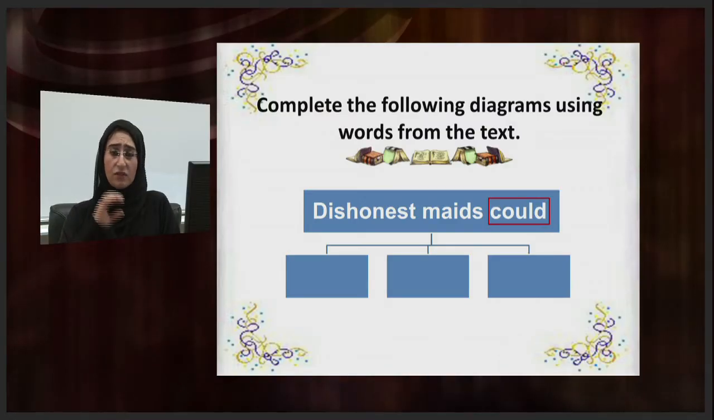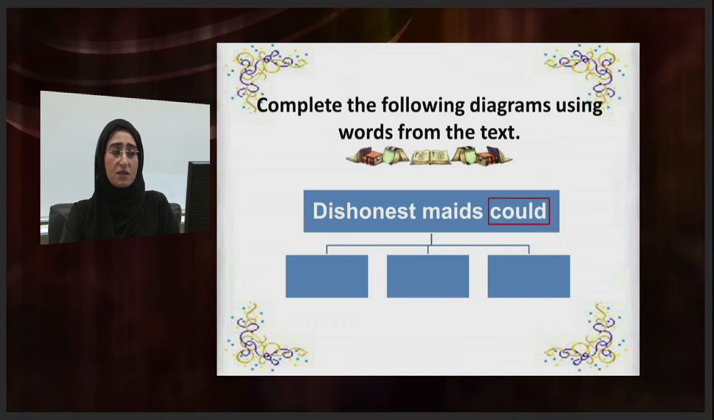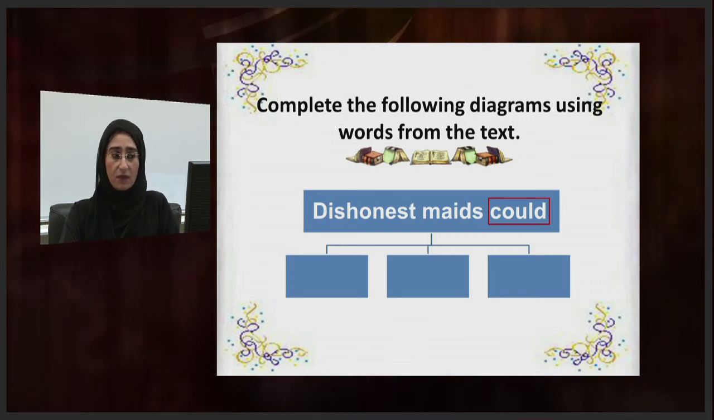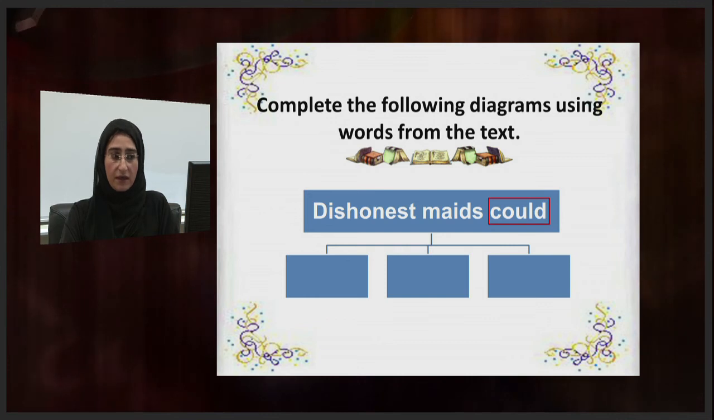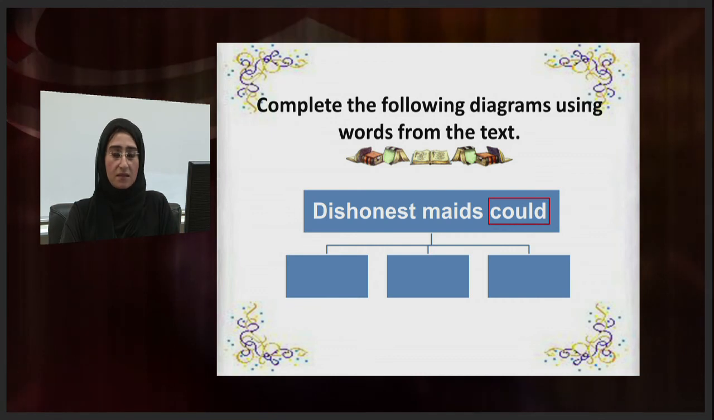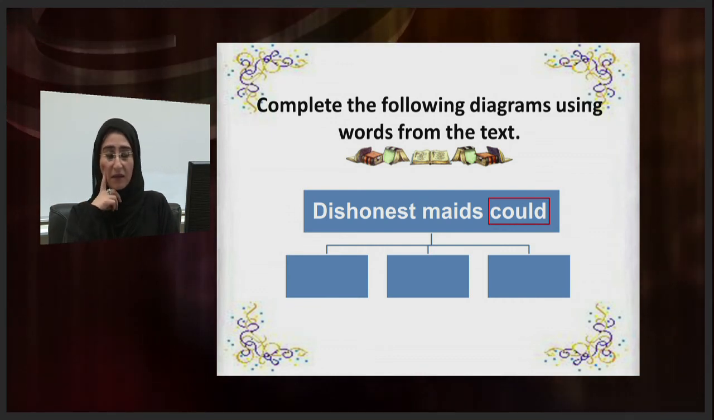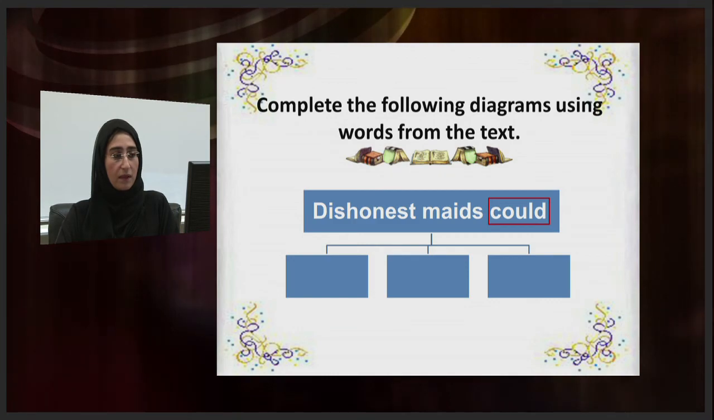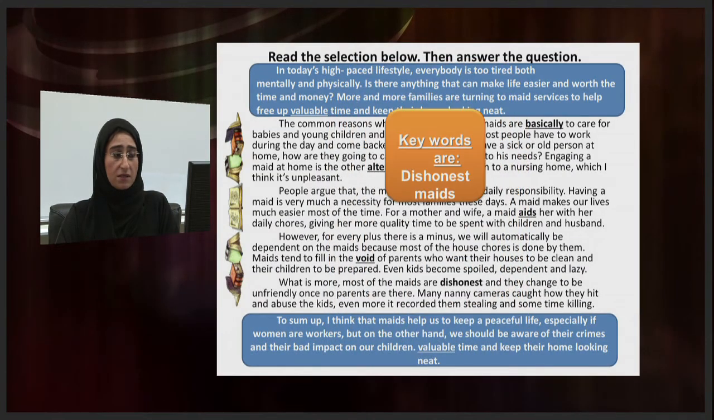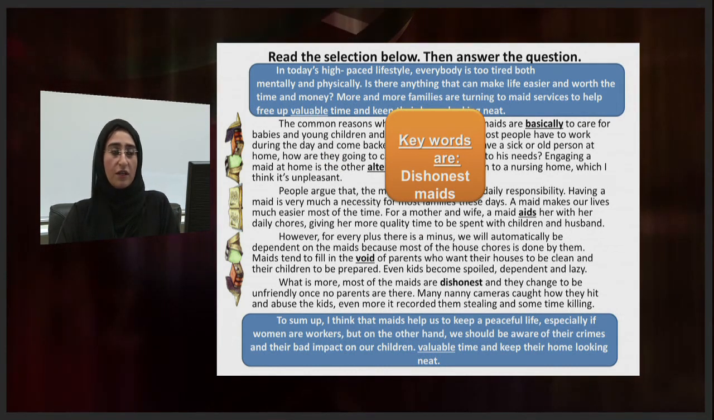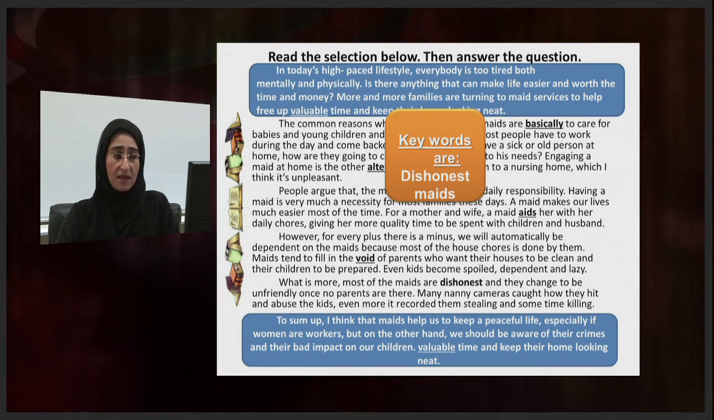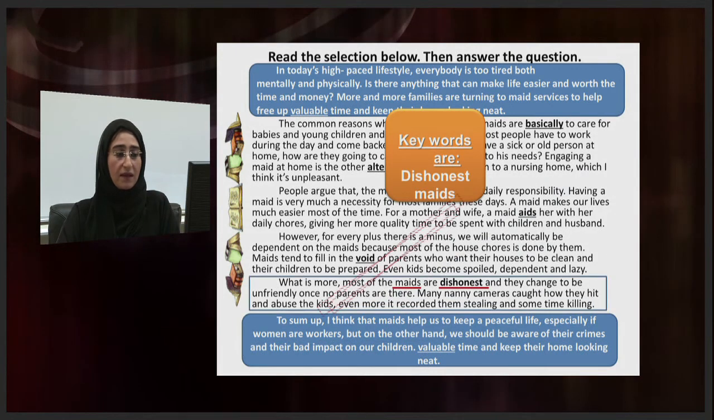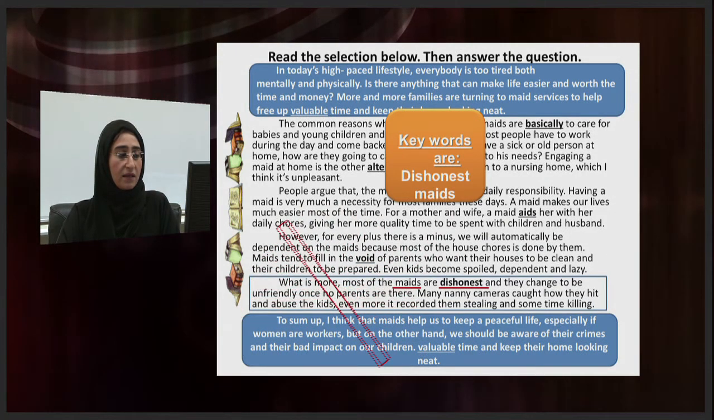Here we have to look at the question itself. It says dishonest maid could. Okay, we have the word could here, that they are able to do something. Okay, dishonest maids. Okay, I think that I got something here. The key words are dishonest and maids. So as a student, you need to search for the word maids and the word dishonest. Where can I find them? Yeah, it is there in the